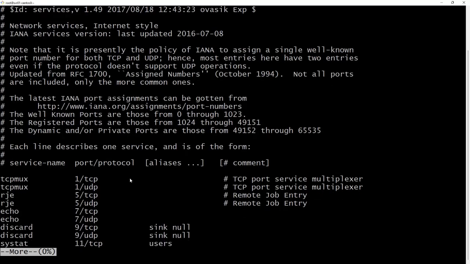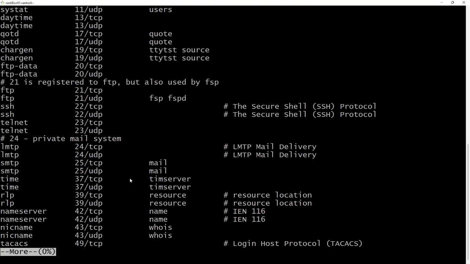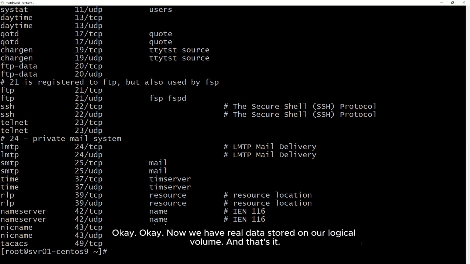Okay. Now we have real data stored on our logical volume, and that's it. The first logical volume is up and running.